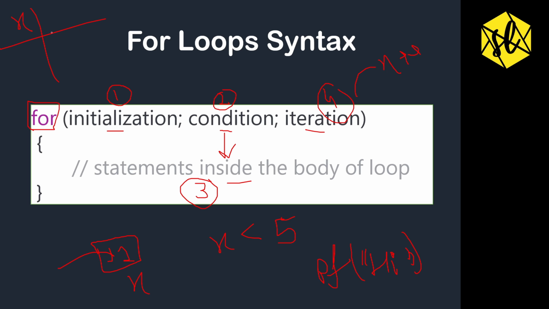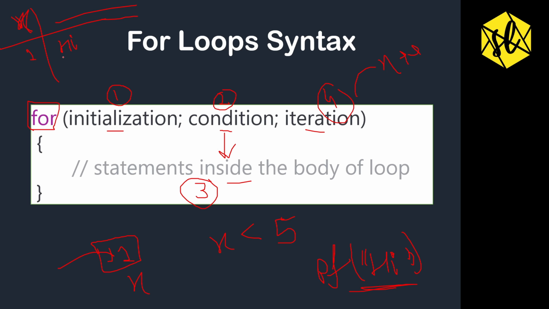Here we have x and here the execution, what will be printed in the output screen. Now the value of x we have initialized as 1. So value of x is 1. Then the condition is x is less than 5? Yes, it is true. So the statement will be executed and the statement which is to be executed is printf hi. So hi will be printed here.